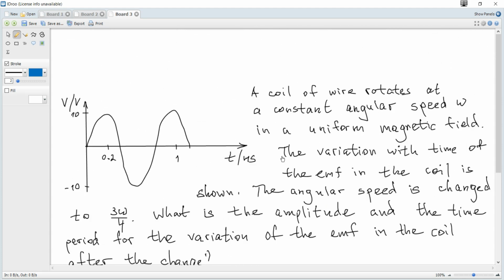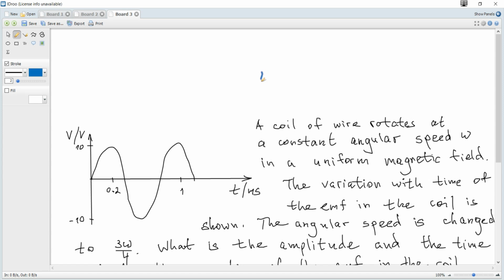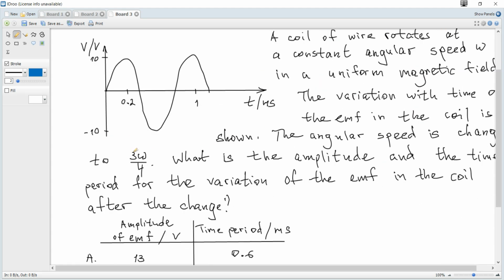Let's consider time period. We know that the angular speed omega is 2 pi over period, and hence period is 2 pi over omega, so time period is inversely proportional to the angular speed. And if the angular speed increases by a factor of 3 over 4, hence time period decreases by a factor